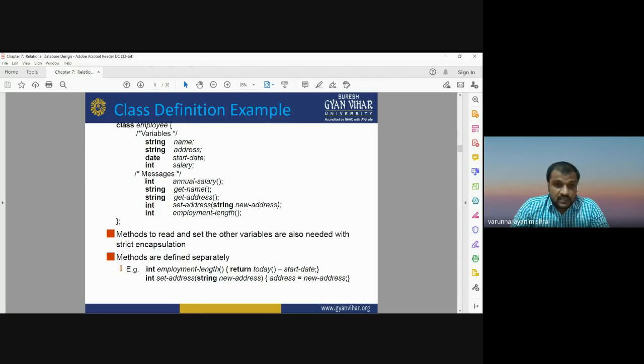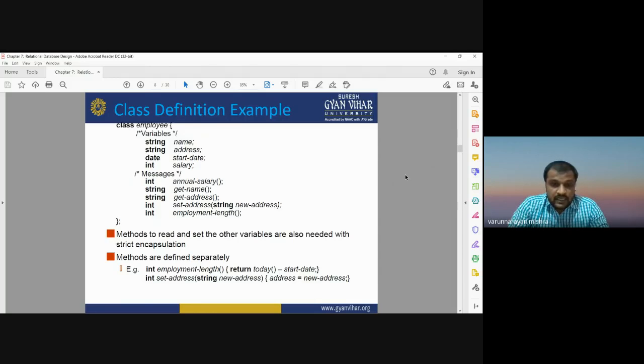Then there are methods like annual salary, get name, get address, and set address for a new address. If you are going to change the address of a present employee, you need to apply another method. This is a sample of how we can define classes for the object-oriented database model.